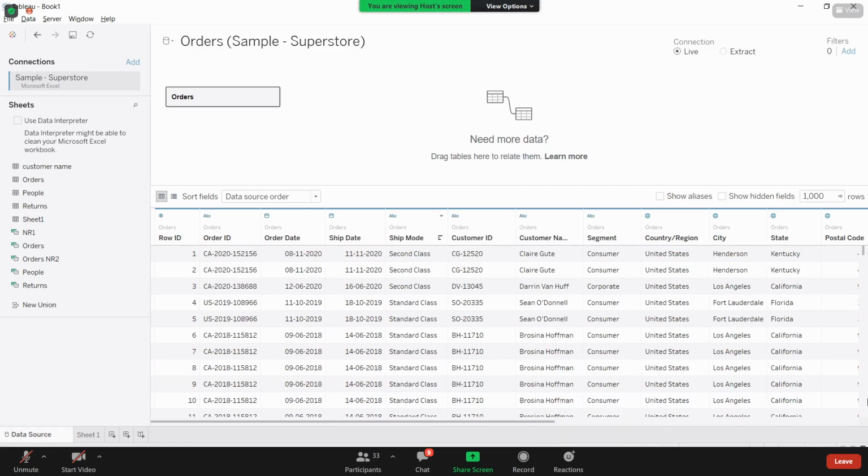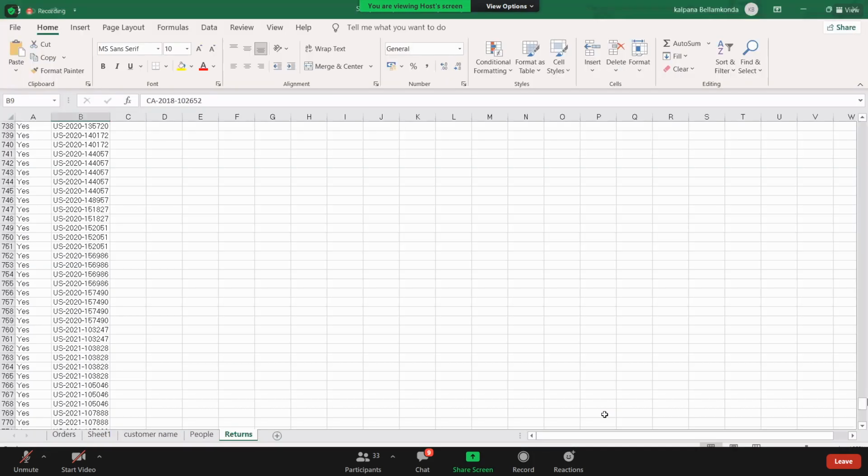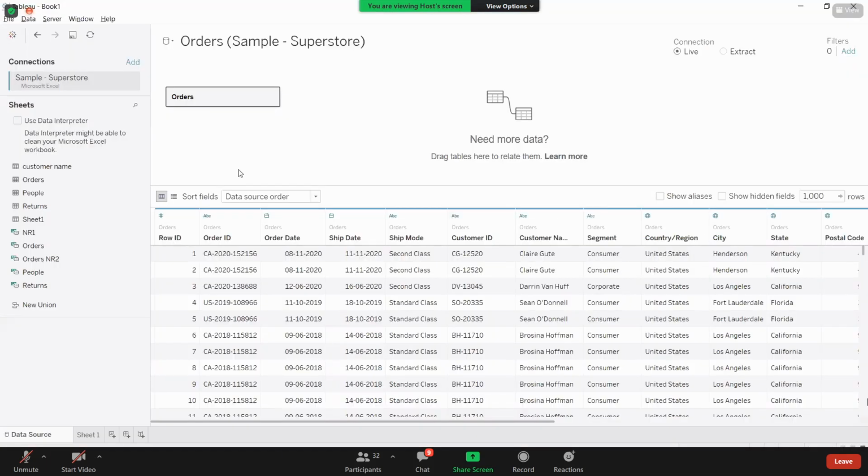Now just go to your Excel and do the modifications and come back. But before coming back to Tableau, just close your Excel source, then come to Tableau and refresh your Tableau workspace. Just refresh your view. Okay, good, makes sense. I'll show you everything. And see, this is the scenario where we stopped.